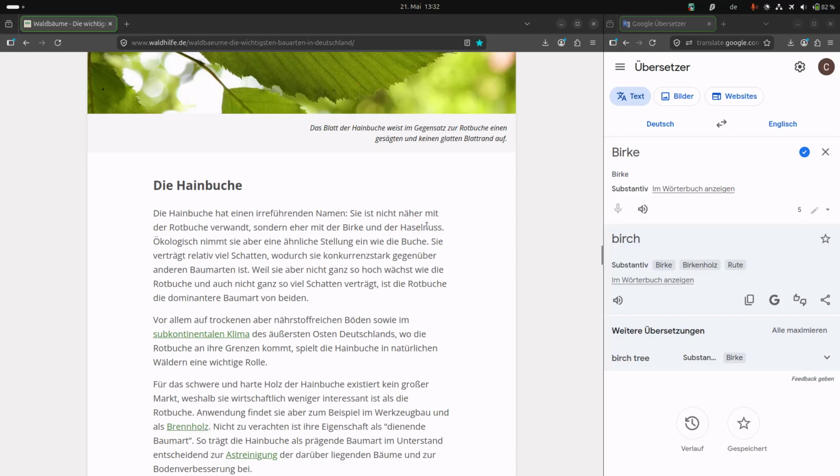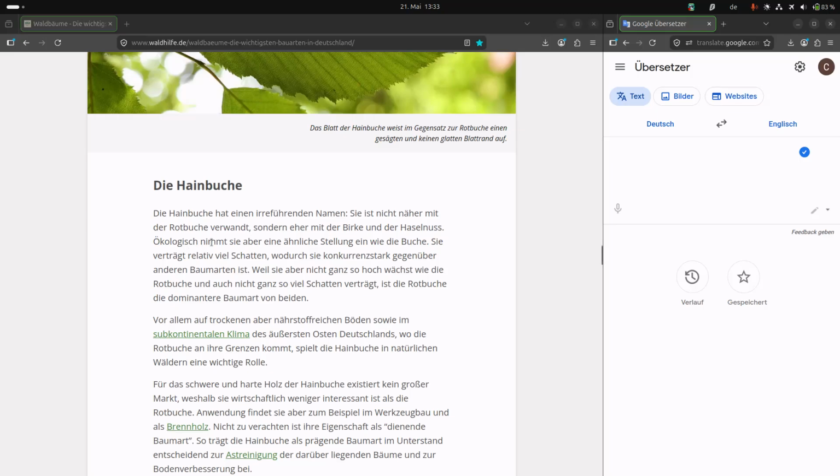Nuss always means nut, and Hase means hazel. So, the hornbeam has a misleading name. It is not closely related to the European beech, but rather to the birch and the hazelnut. Ökologisch nimmt sie aber eine ähnliche Stellung ein wie die Buche. This means